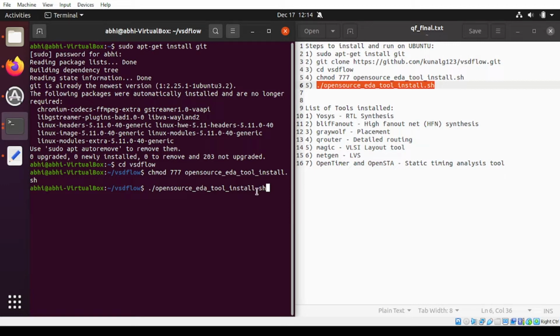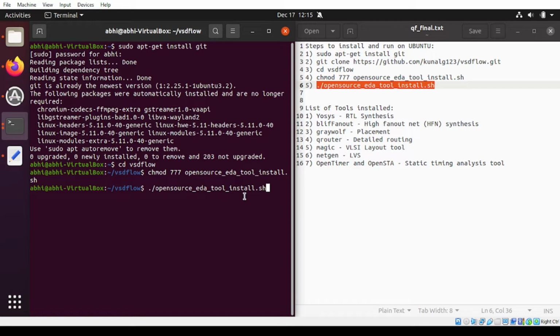Now, a very important thing: how much time this command will take. It can take 10 minutes, or it can take 2 hours or 2.5 hours as well, based on whatever system you are using. If it is fast enough, you can have this entire command completed in 10 minutes, but on other PCs it may take as much as 3 hours.